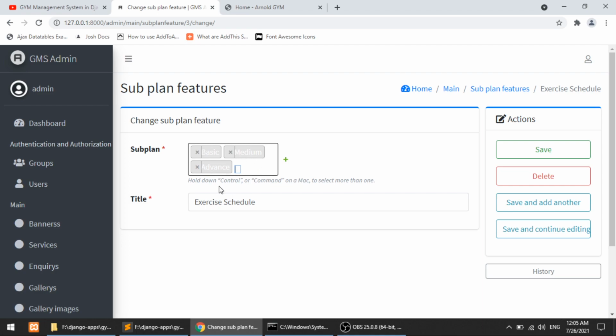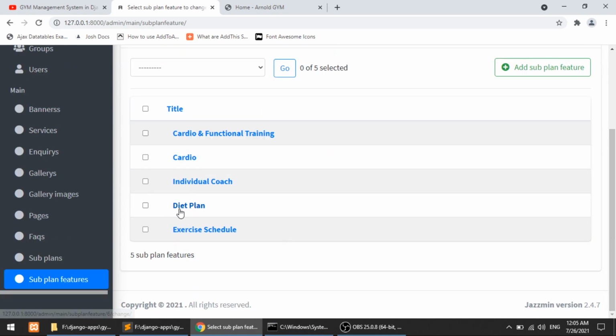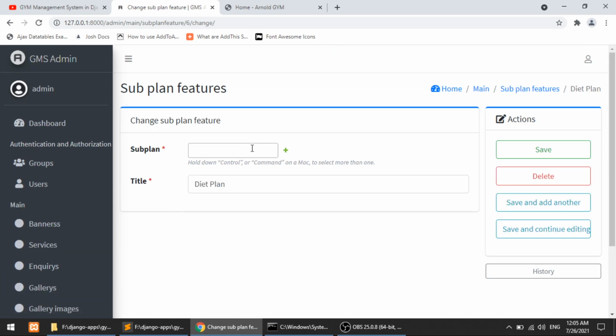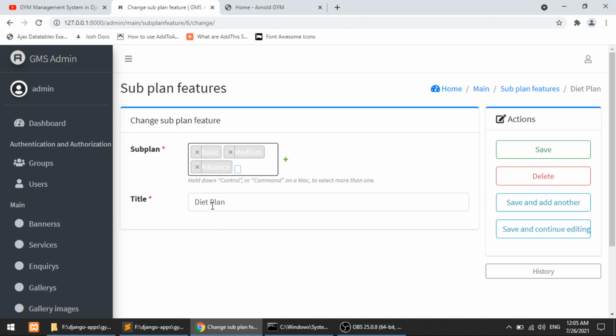We can do this only when we have enabled the many to many relationship. Let's save this. This diet plan will go to basic, medium and advanced.